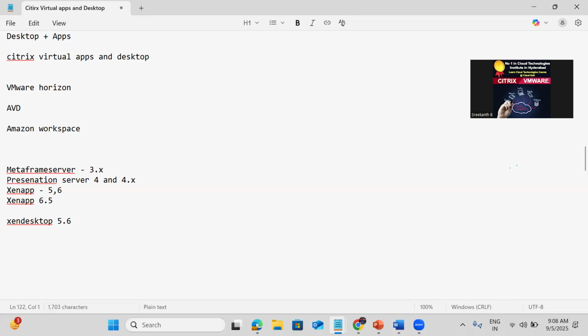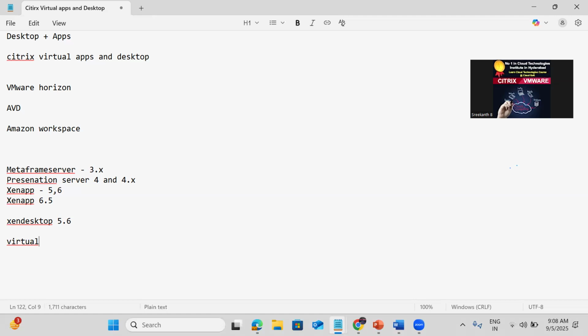Then what happened after this? There is no XenApp or XenDesktop version after that. Both XenApp and XenDesktop have been merged with